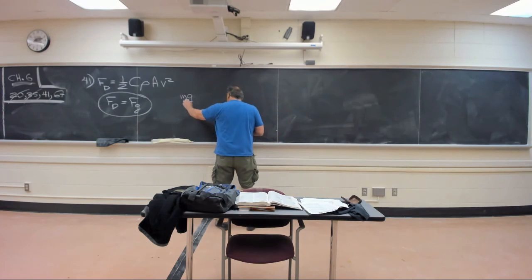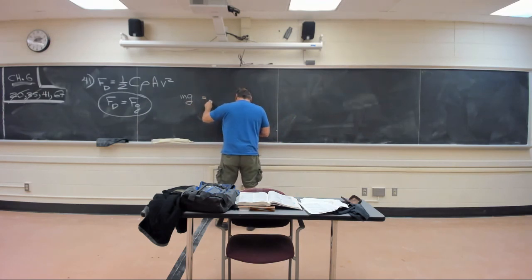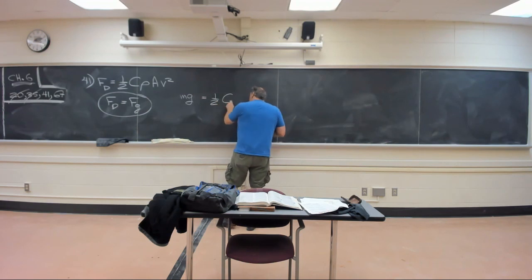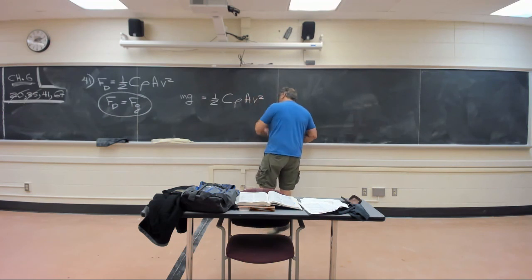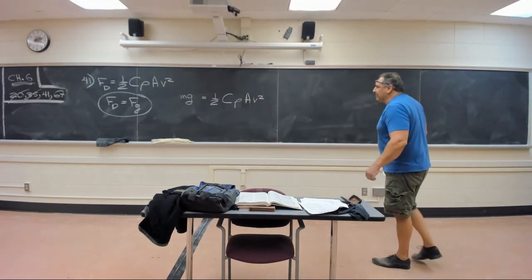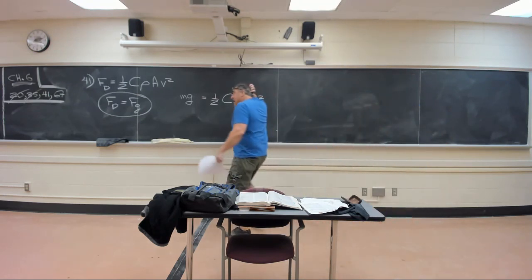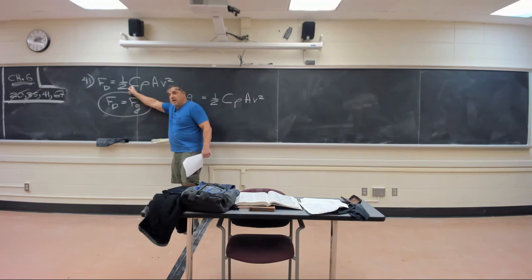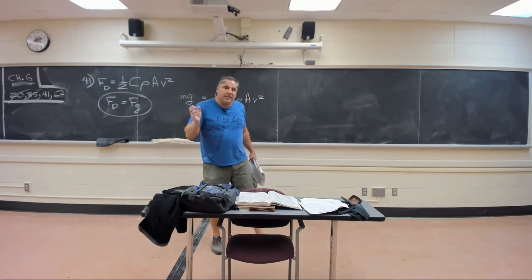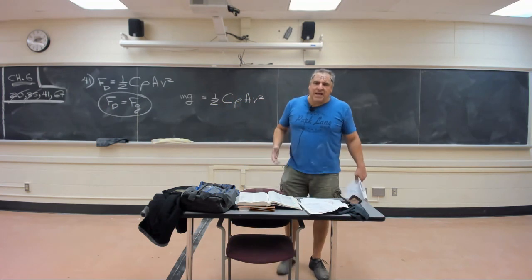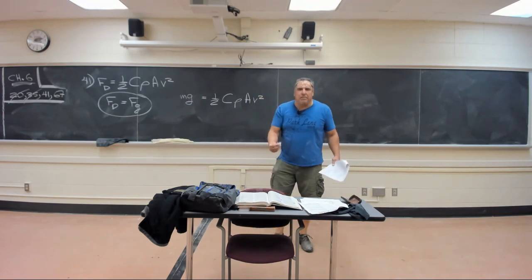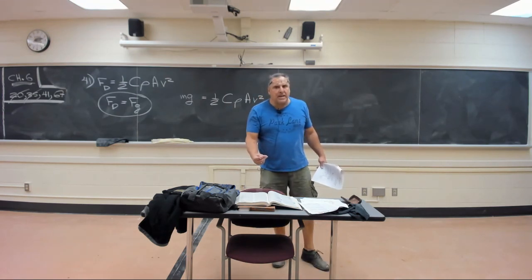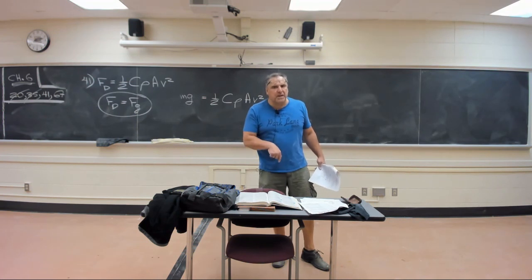This mg is the weight of the ball, and that's going to be equal to this. That will happen when you've got a terminal speed. Let's go there. I think what they're trying to say is, don't put in the weight of the ball. I'm not sure, I'm not going to lie to you guys. I think we can just arrive at this conclusion independent of the effects of the weight of the ball. That's probably where they got that to begin with. But at the end of the day, the ball does have weight. It is being pulled down. The terminal speed of the ball is a constant speed. What does that mean? That means the weight of the ball